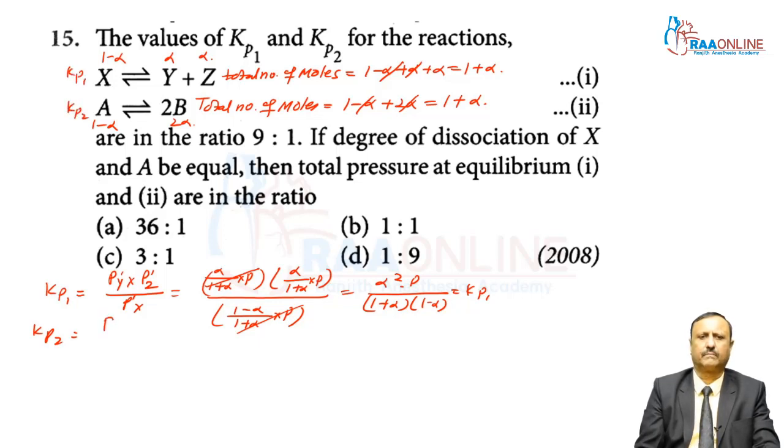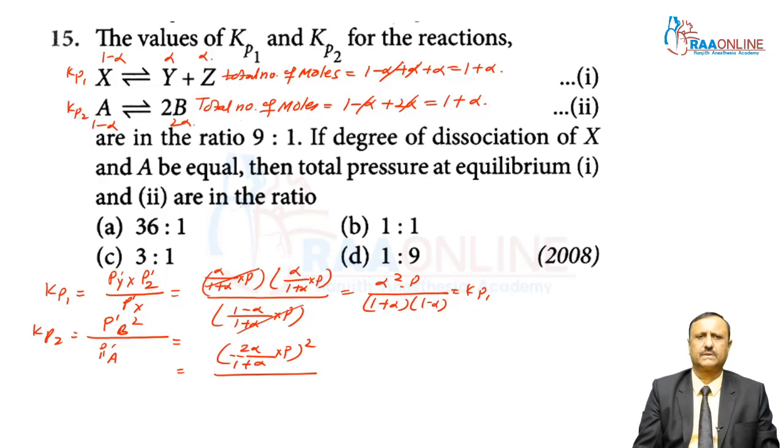So Kp2 is the partial pressure of B to the power 2 upon the partial pressure of A. Now my dear students, we can see here the partial pressure of B to the power 2, it means B is 2 alpha upon 1 plus alpha into P, whole square, and here you can see the partial pressure of A is 1 minus alpha upon 1 plus alpha into P. These are cancelled, so you can get 4 alpha square into P upon 1 plus alpha into 1 minus